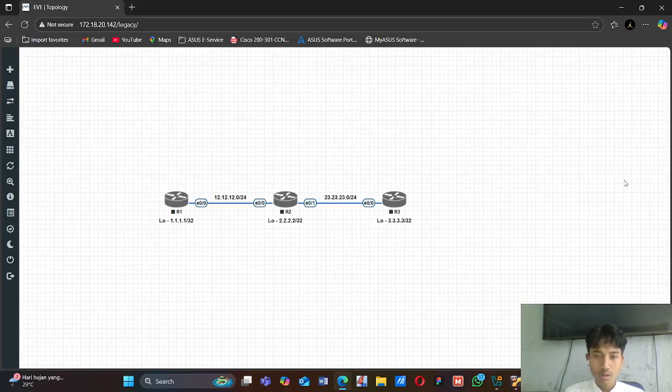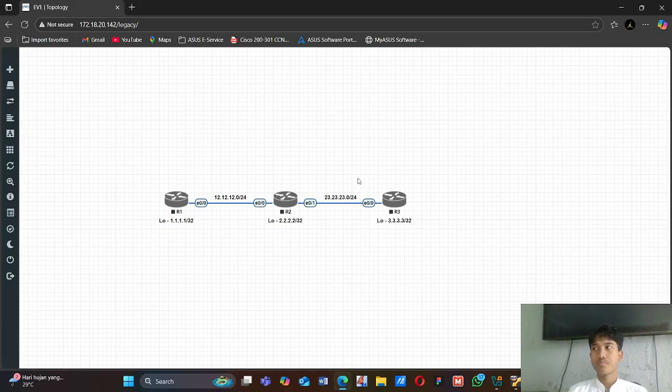So before we configure OSPF, you can open your FNG and then make a topology like in this display, like me. Just use 3 routers. The topology is still the same as the IGRP lab before.